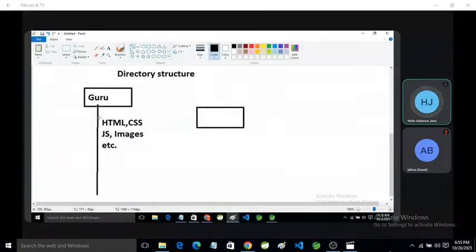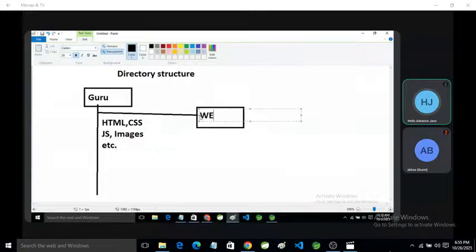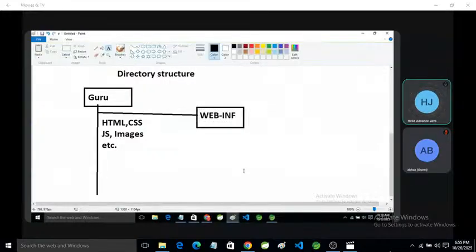We can create a subfolder, and the name will be WEB-INF. This WEB-INF has two subfolders.